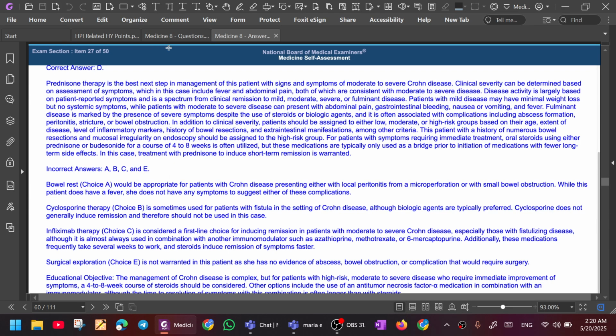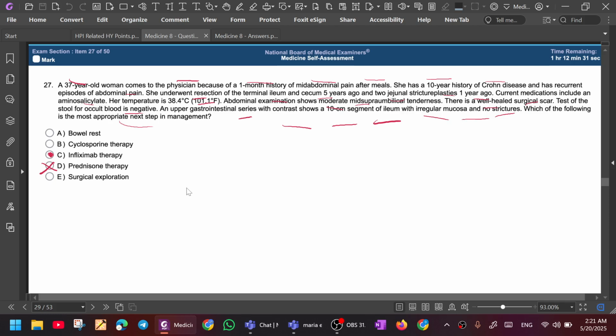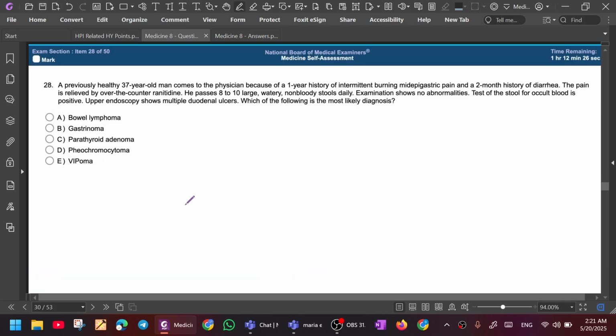Okay, can you summarize? So I guess for Crohn's, first you give prednisone and then you try all the other biologic agents, you know, the infliximab, azathioprine, all that. But for acute pain, you give prednisone first. Okay. So prednisone, biologic agents, nothing works, surgical exploration. Okay,